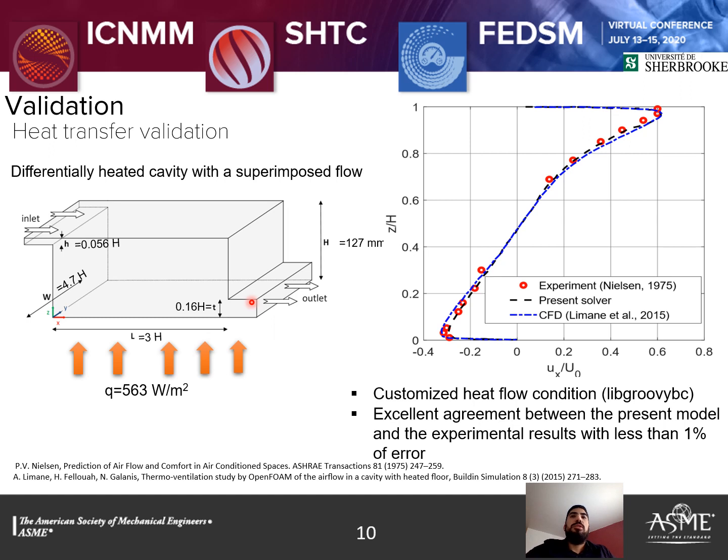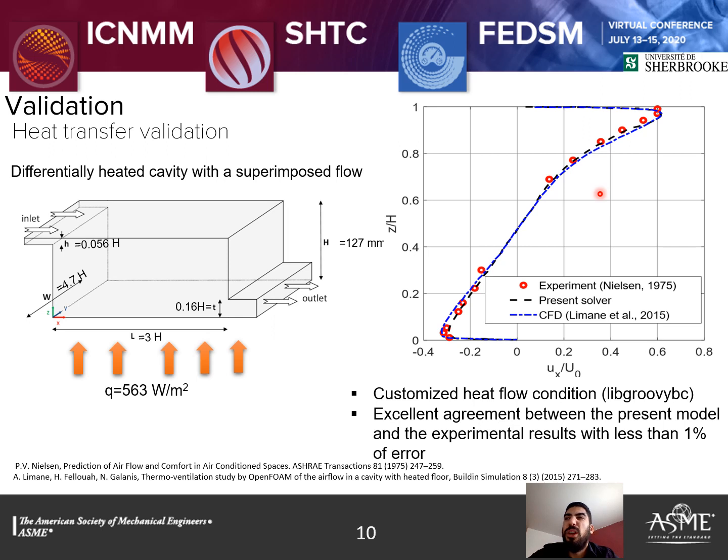So here we used our developed solver and we ran the simulation, and what we can see here is the distribution of the horizontal velocity along a vertical line. We can see an excellent agreement between the present solver in black dashed line and the experimental results of Nielsen